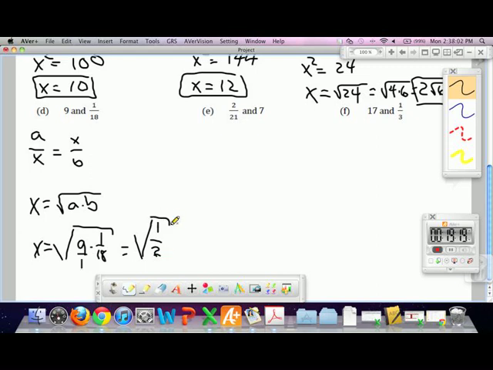Is this good to go? What's wrong with this? How about we rewrite this? I'll work up. How about square root of 1 over square root of 2? What's the square root of 1? Okay, so then what should our trick be to get this radical out of the denominator? What do you multiply by? So then what's our answer? Root of 2 over